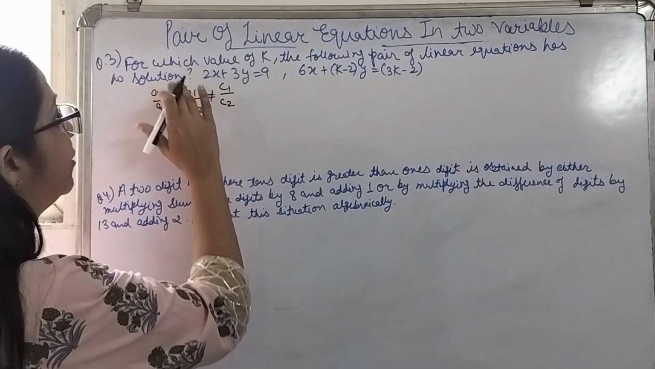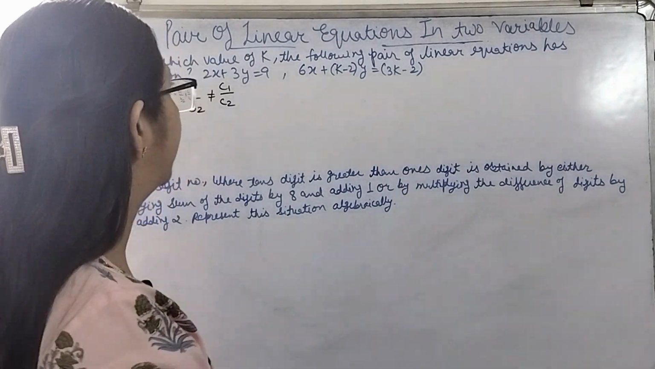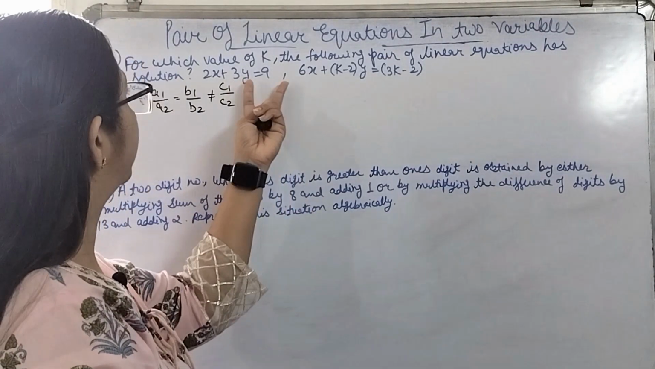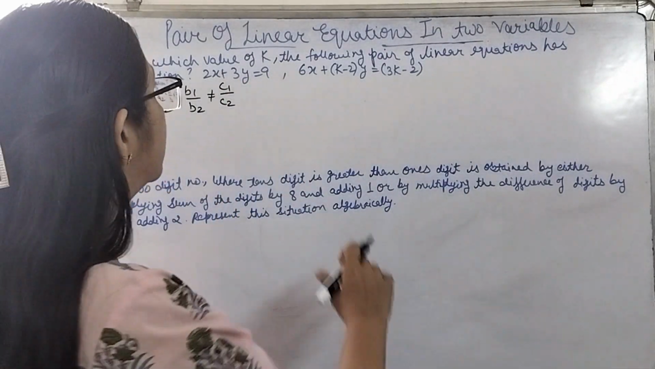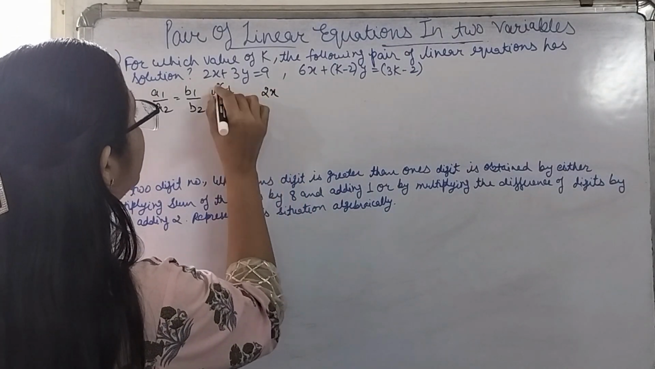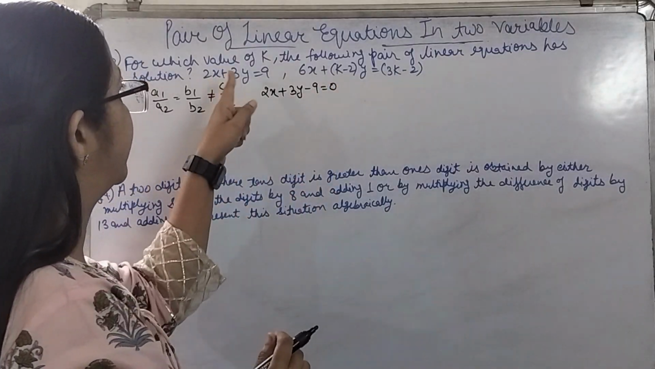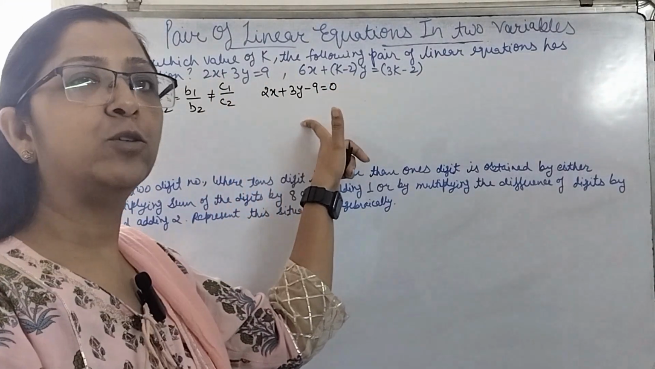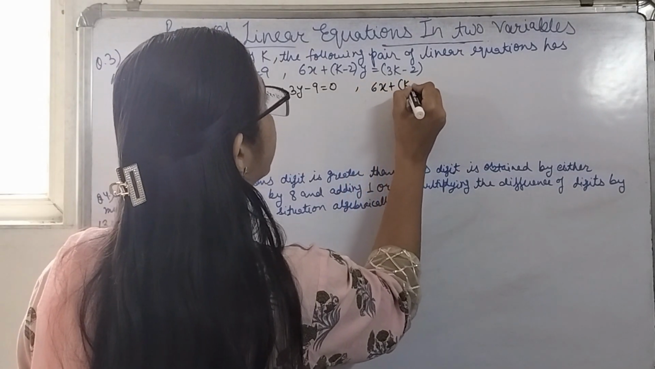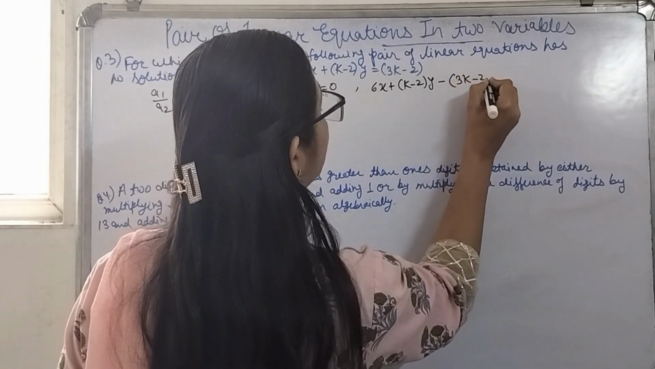Now if we compare these two equations with the standard form of the equation, first of all we have to convert them into standard form because both of them are not in standard form. The first equation will become 2x + 3y - 9 = 0. We have converted it into standard form. The second equation will be 6x + (k - 2)y - (3k - 2)